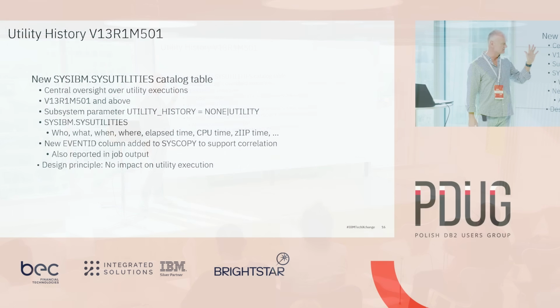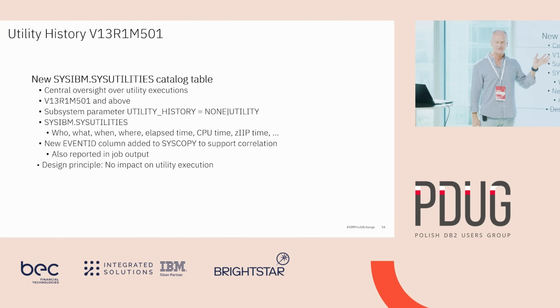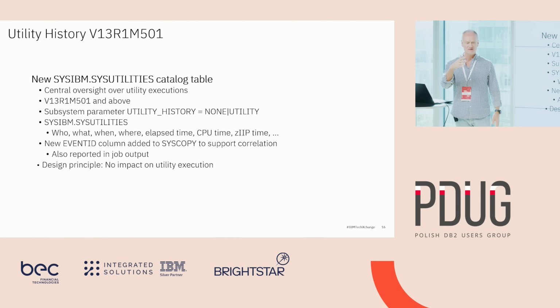Utility history table. This is something that we delivered phase 1 of in version 13 in M501. It's a new SYSIBM.SYSUTILITIES table in the Db2 catalog, and it contains one row for every utility execution. So I run the copy utility, and I'm image copying 1,000 table spaces. You will have one row that says, this is the copy utility that ran, this is the job name,